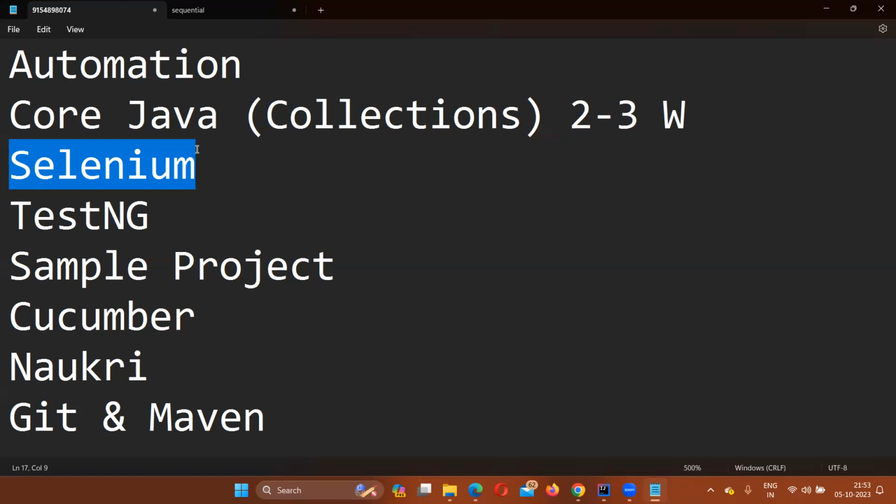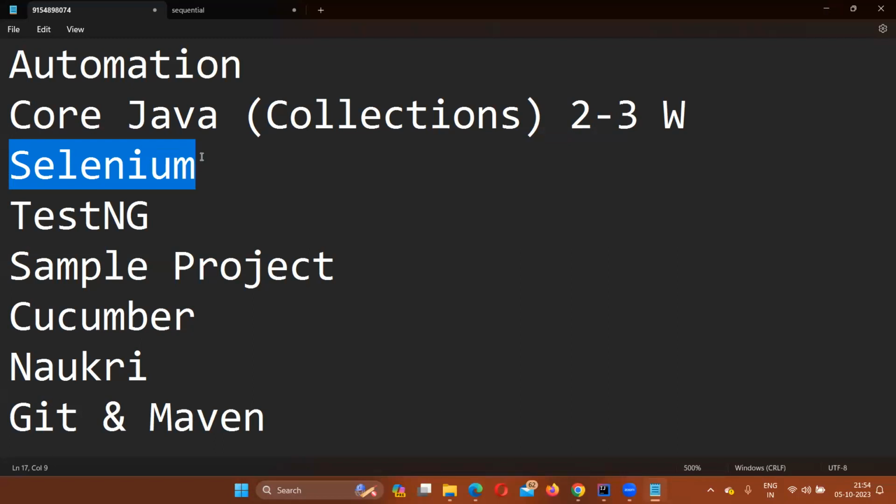Okay, you will learn what is in demand in the market. So that is why it's better we cover core Java in this course. And for those in India, what runs in the USA also runs in India. We get projects from the USA, UK, Canada, Australia, so obviously what runs there runs here too. Even in the US, UK, Canada, Australia and Europe, Selenium with core Java has more openings when compared to other programming languages. I'm not saying Selenium with Python does not have openings. I'm just saying that Selenium with core Java has a lot of openings when compared to the rest. So that is why we cover Selenium with core Java.